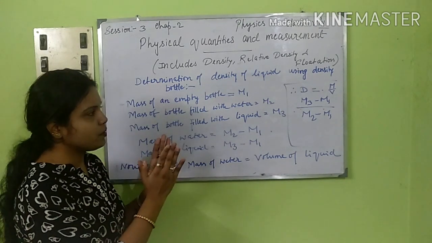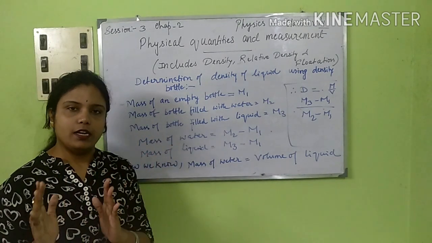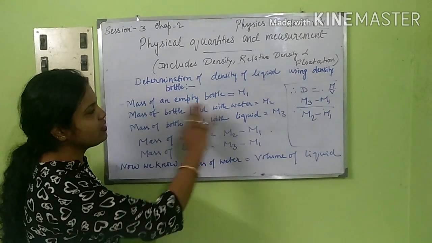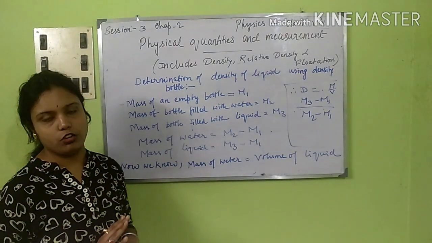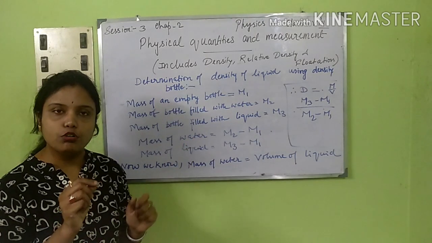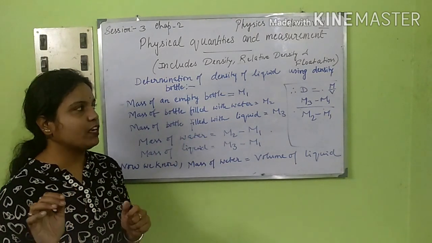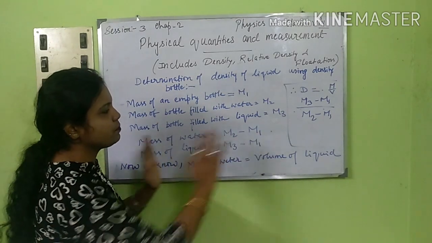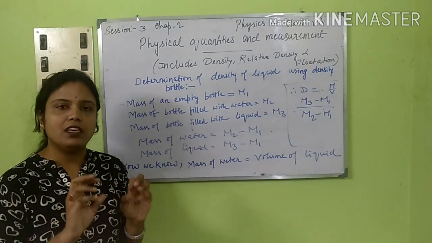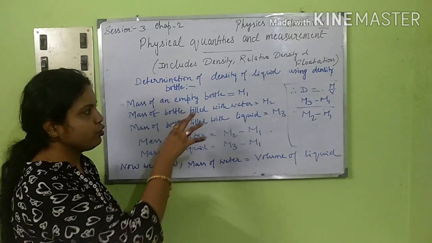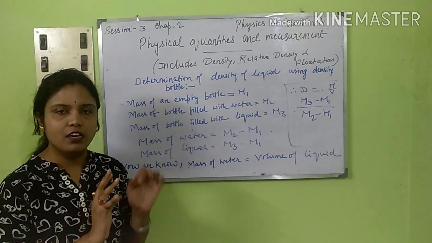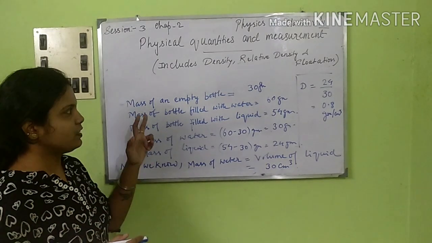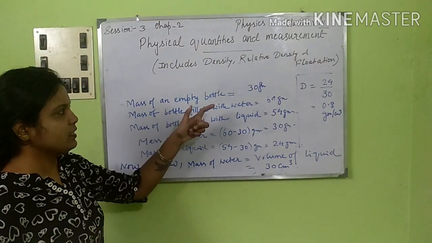We are going to use this formula for calculation purposes, and please remember that you can be asked to show the determination of density of a liquid using a density bottle. You have to use this method. You don't have to take any particular values, just use m1, m2, m3 and V to calculate all this. Now, as I said, I will come up with an example.